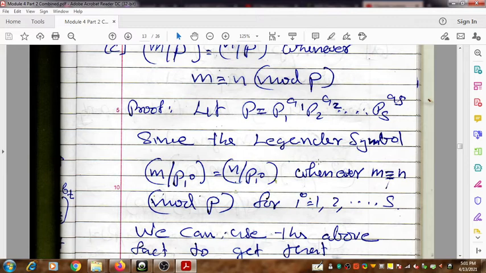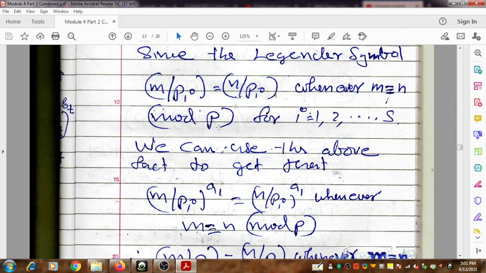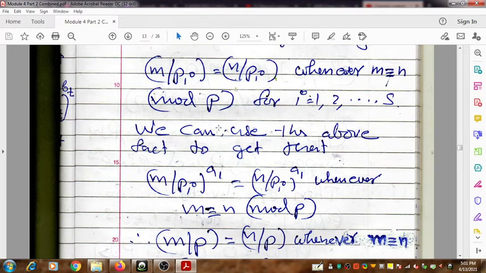We have earlier verified that whenever m is congruent to n mod p, this is true for all values of i, for i equal to 1, 2, 3, etc. Yes, then we can use the above fact to get that